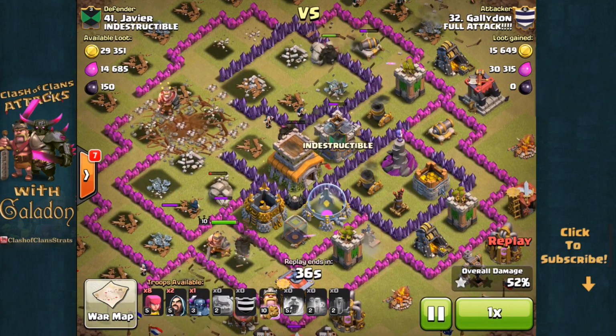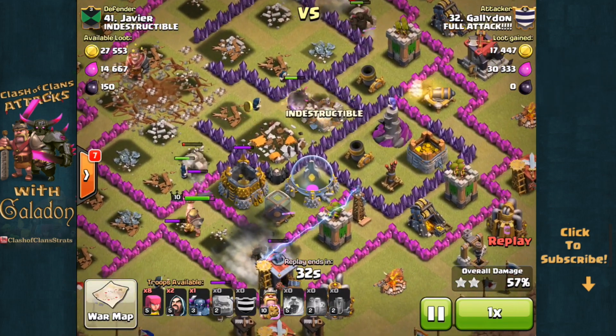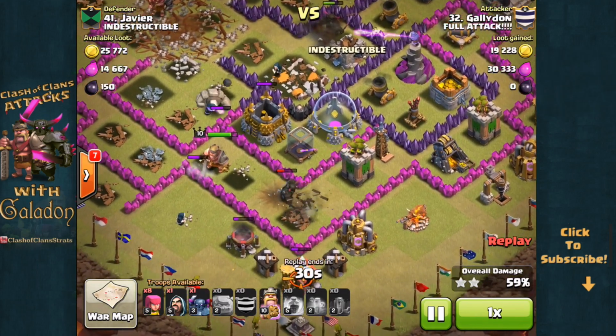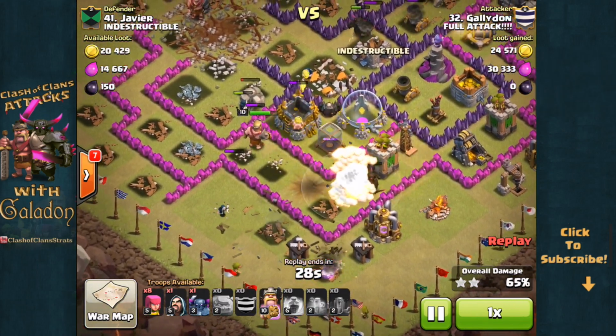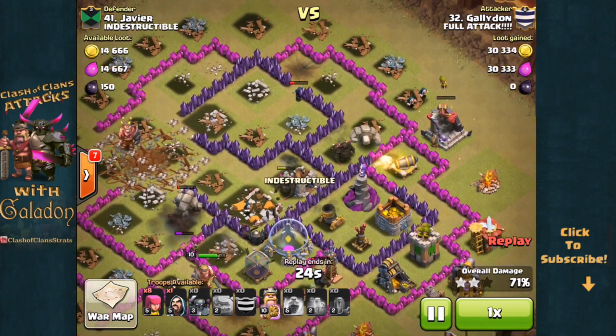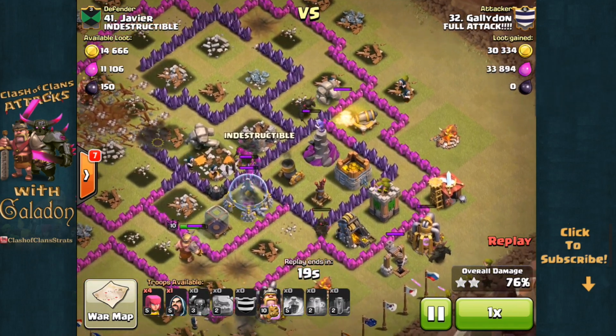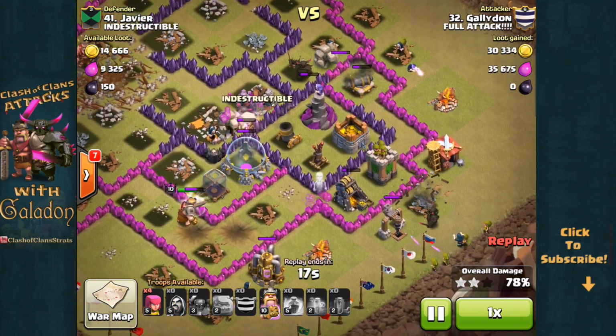In 4 separate groups, they are going out there and taking out every single structure. I've got wizards on the outsides clearing those surrounding structures as well. Now watch the king. Good king, he doesn't waste time on that wall. He turns around and he's going towards the inside. The wizards got it handled on the outside, and we're already past 75% damage, and this raid is quickly coming